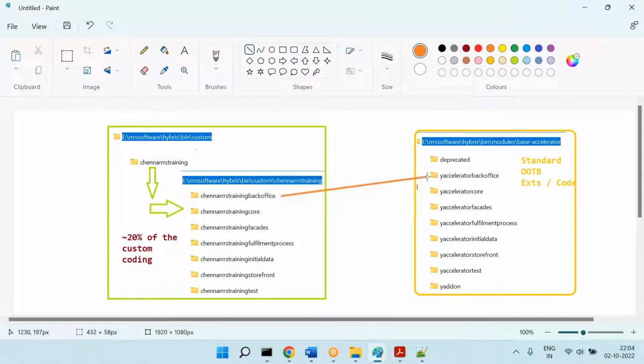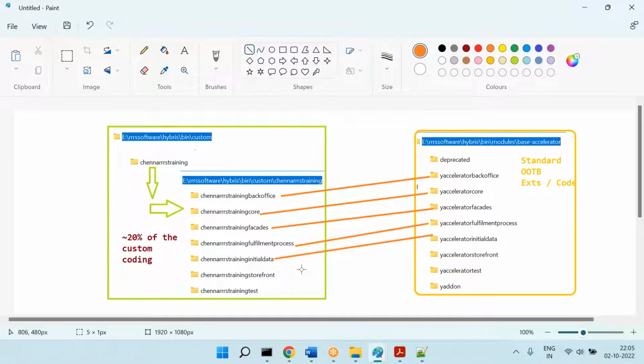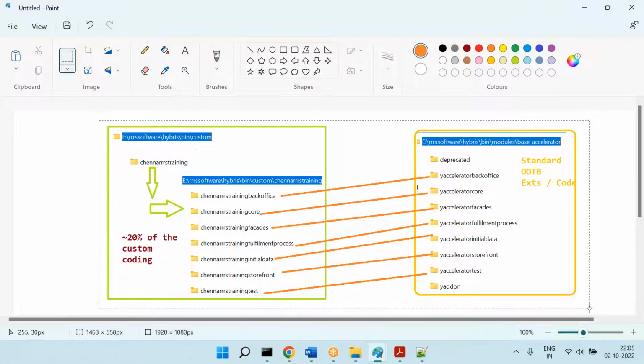ChennaReddyTraining back office is created based on this. Core is created based on this. Facades are created based on this. Fulfillment is created based on this. Initial data is created based on this. And storefront is created based on this. Test is created based on this. So that means whatever you are seeing, the custom code is a copy of